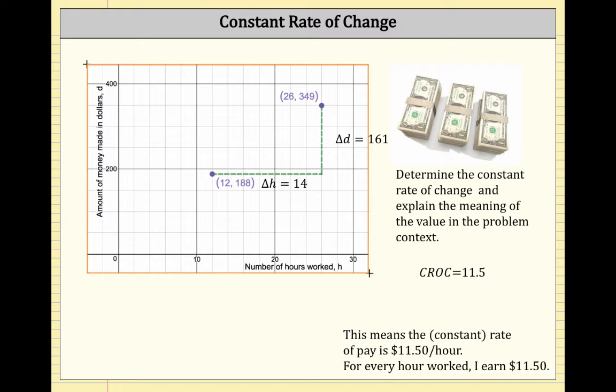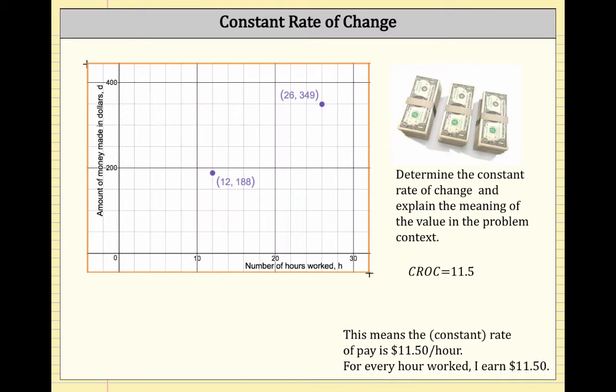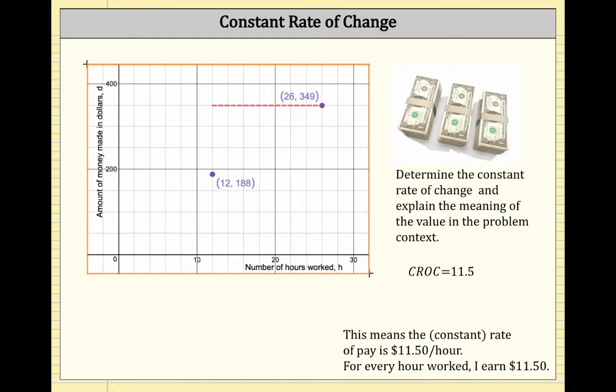Now let's also take a look at the constant rate of change in reverse, because so far we determined it from going from (12, 188) to (26, 349). Well, what if you did it in reverse? Perhaps you want to see what it would look like from a decrease perspective. Maybe it's a different number. Because we did have two points, let's see what would happen if we determine the constant rate of change from (26, 349) to (12, 188). To go from 26 down to 12 is a decrease of 14,